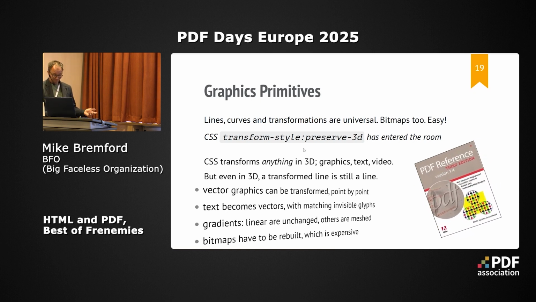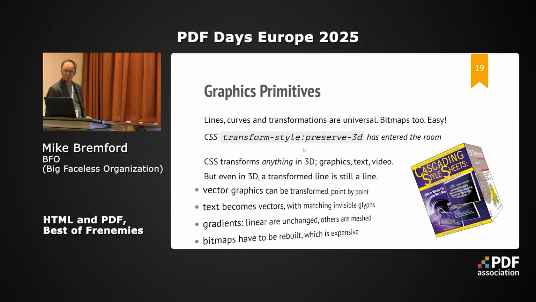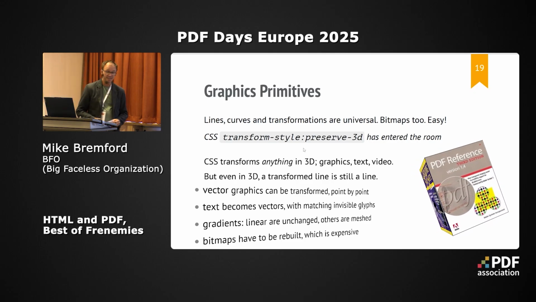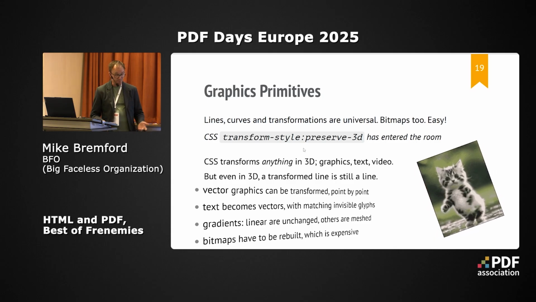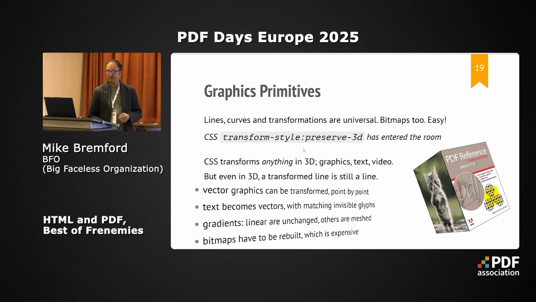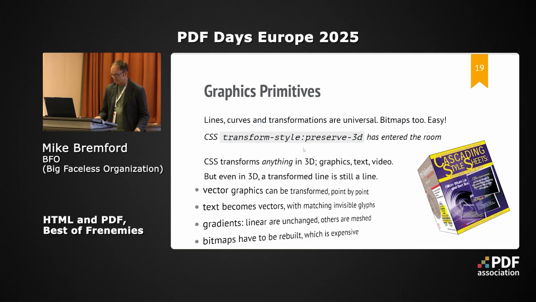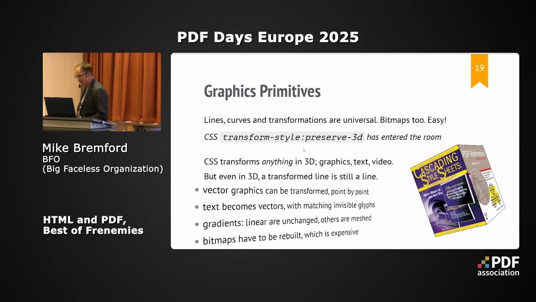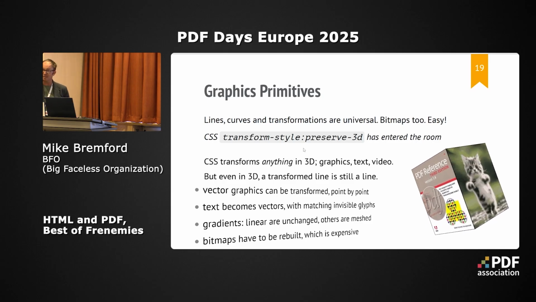Text, well, glyphs are just shapes. Convert the text to shapes, draw them onto the page, and overlay with invisible text. This is the same technique we use to make scanned images searchable. Very widely supported and valid even in PDF UA. Raster images, yes, we do have to resample those. It is expensive, but this browser is doing it at 30 frames a second, and we only have to do